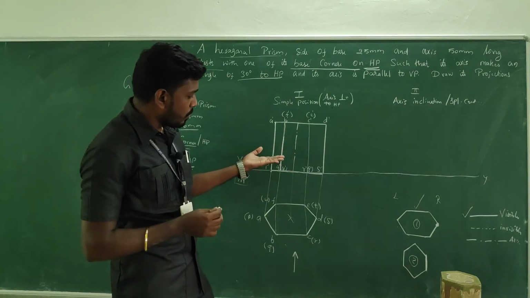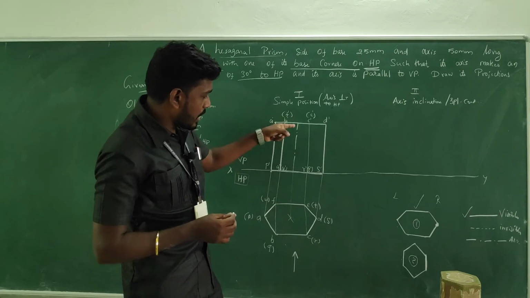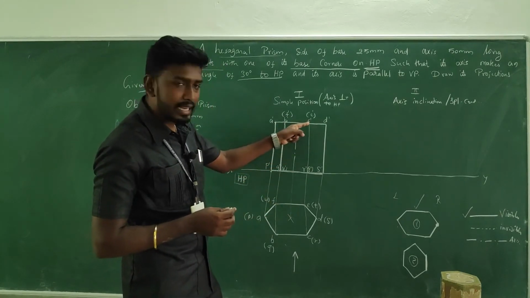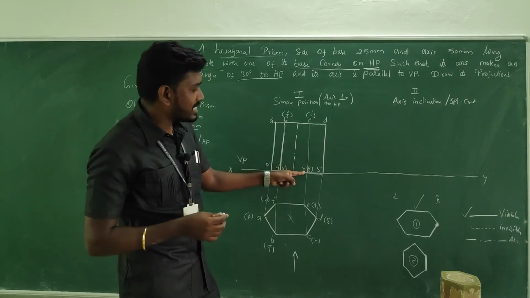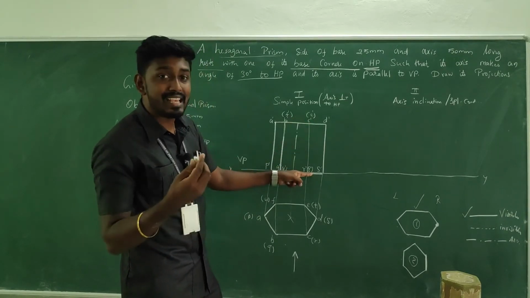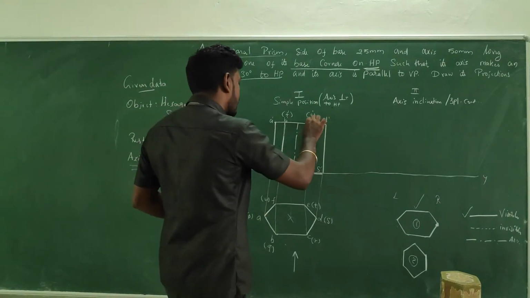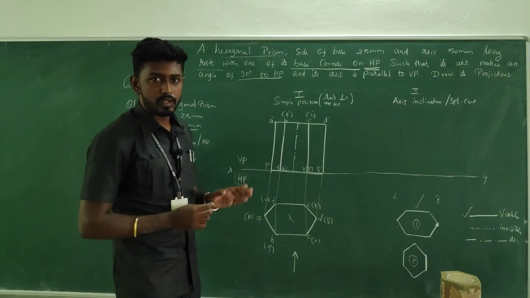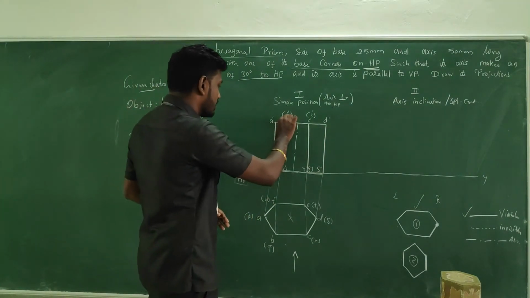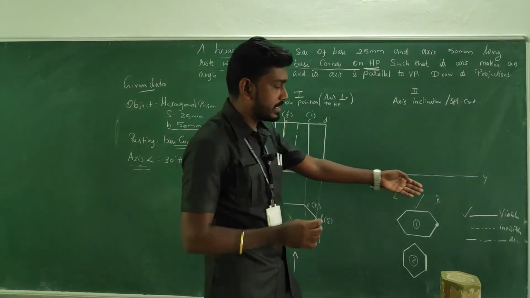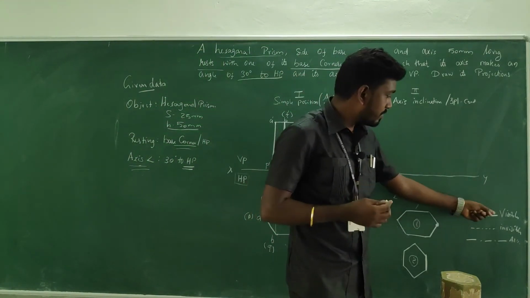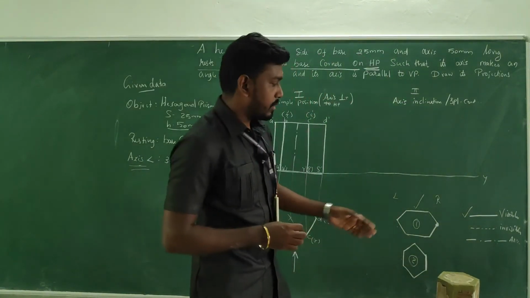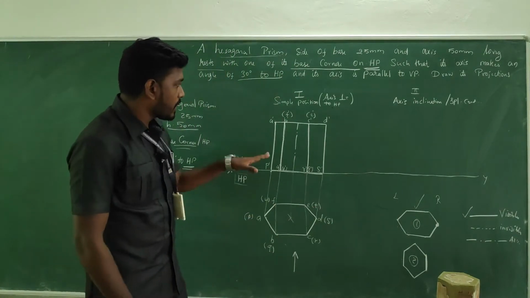It's an axis, there are no edges coming in the part of the line, right? So just leave it. Come to the next one, C to R, it's a visible edge, and E and T is an invisible edge. So preference should be given to the visible one, so make it a dark one. Already it's been done. So this is how we have to make visible and invisible edges. The diagram contains three lines: one is visible, invisible, and axis. So according to the preference, we make them. Okay, I hope you understood.